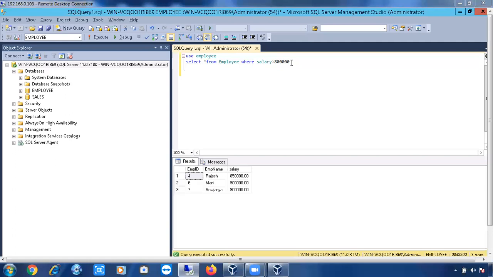If you see here, we just did small processing. If we want to retrieve the data with more than 8 lakh salary, if we want to get the employee name only, or the employee ID only, that is all processing. So who is doing all these things? Your service account. Who is writing the data to the disk? Your service account. Whenever you are running a select query, who is reading the data from the disk? Your service account. So service account is very important.